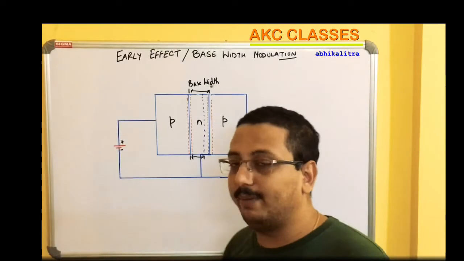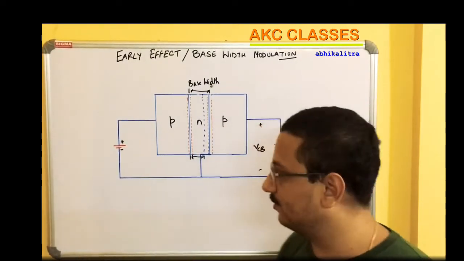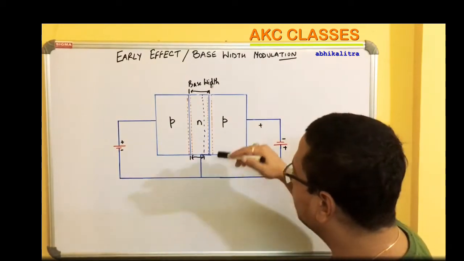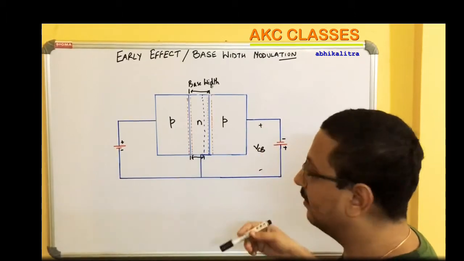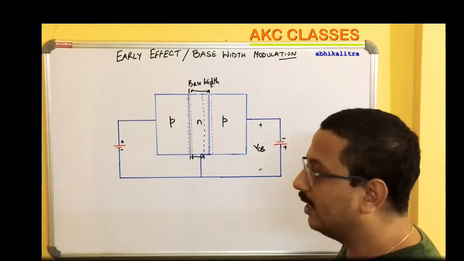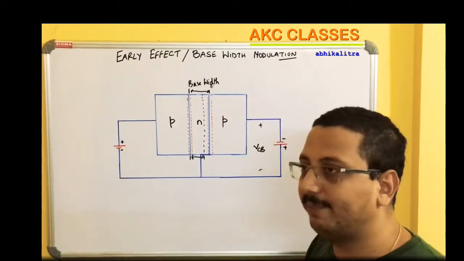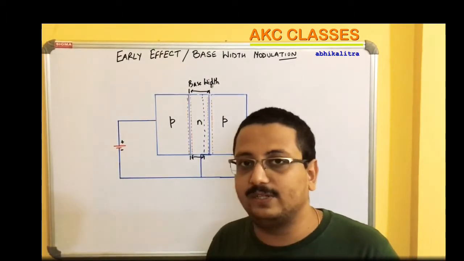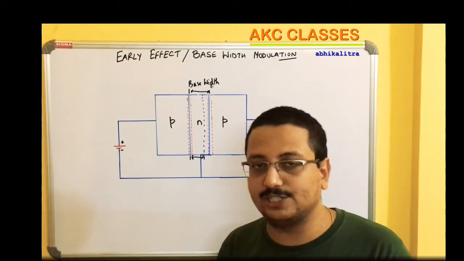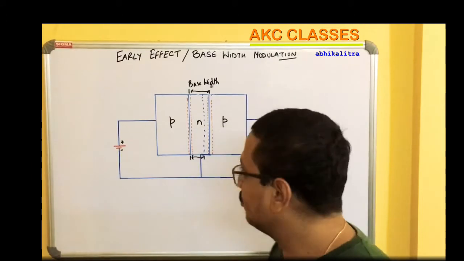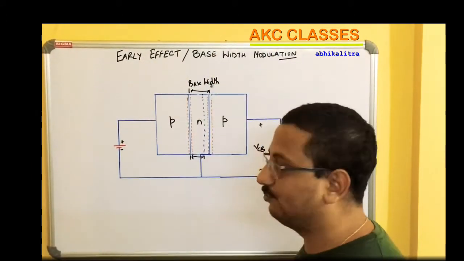So when the effective base width decreases, what are its corresponding consequences, right? The first one is that the amount of electrons that were present previously in the base section was more than what is currently in the reduced effective base width, because when the effective base width reduces, the number of electrons, which are the majority carriers in the n section, also reduces, right? So the concentration gradient falls in the base region, right?